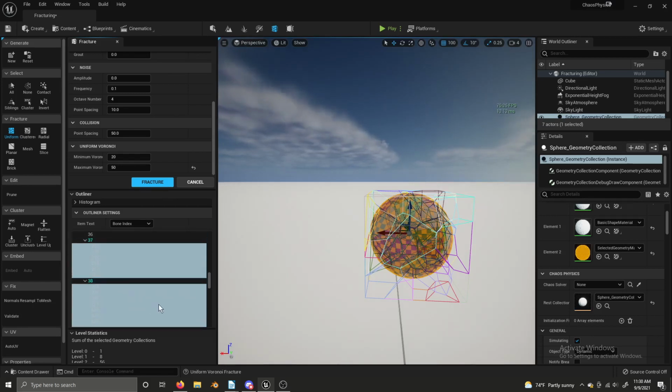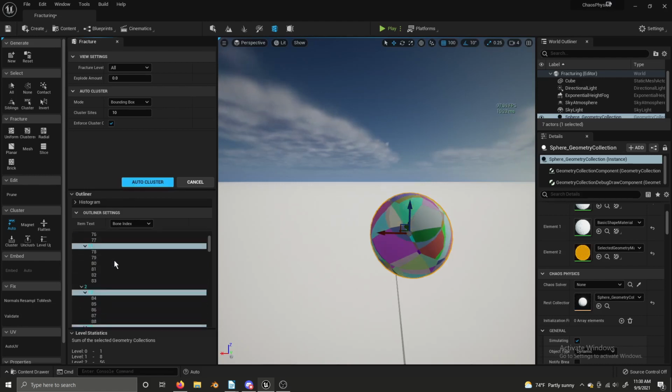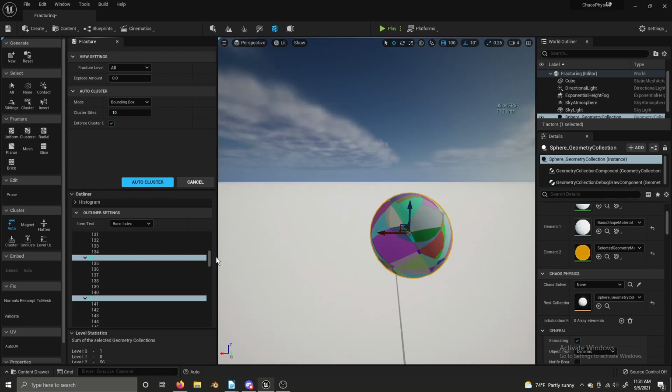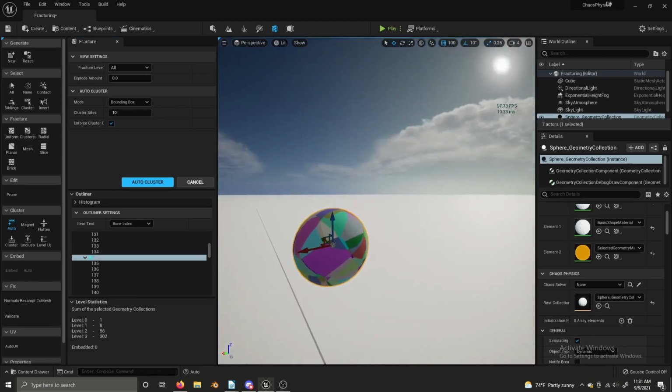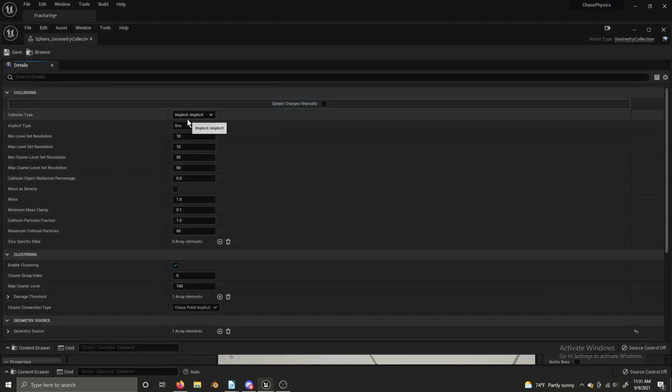So what I can do is go over to this clustering section and click on this auto cluster, and it's going to rearrange how this is all clustered to give us our levels, and we'll do some automatic optimization. So now we have 4 levels: our level 1 with 8, our level 2 with 56, and level 3 with 302. Now if we open our geometry collection and set our collision type and implicit type, save and close and play,